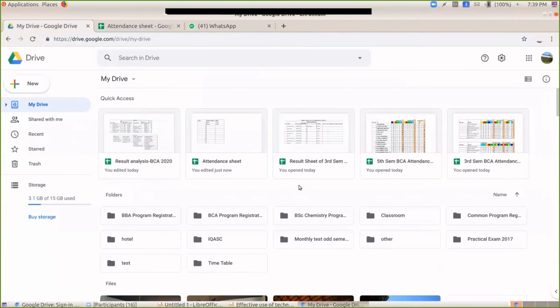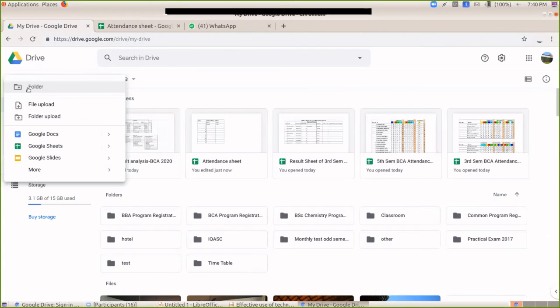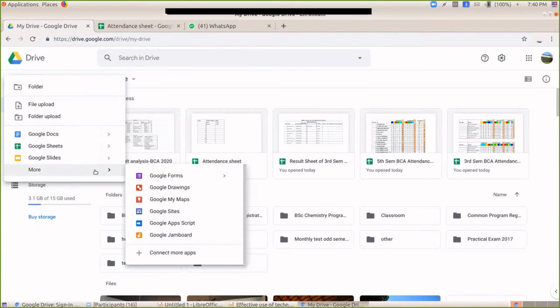So this is how we can create a Google Sheet and share it. I hope you understood. I will teach you later how to create an attendance sheet in depth. Today I want to complete one more session, how to create a Google Form. Because Google Form and Google Sheet are the major applications we use for attendance and other purposes. For example, for quizzes and all, we create a Google Form. So I'll show you how to create a Google Form.